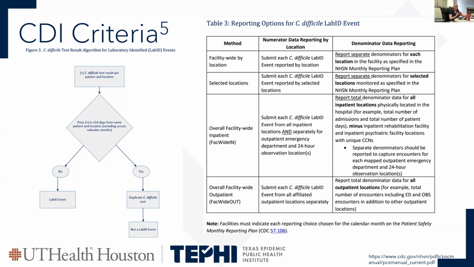And then you can look at specifically if you're doing your facility-wide location, if you're doing select location, overall facility-wide inpatient, or your FACWIDE-IN, or your overall FACWIDE-OUT outpatient too. So these are different considerations when you're setting up your patient safety monthly reporting plan, and when you're choosing to report. Reporting is required, but depending on your testing capacity, it will depend on some of these things. So look at your plans and follow this algorithm based on what you are deciding specifically